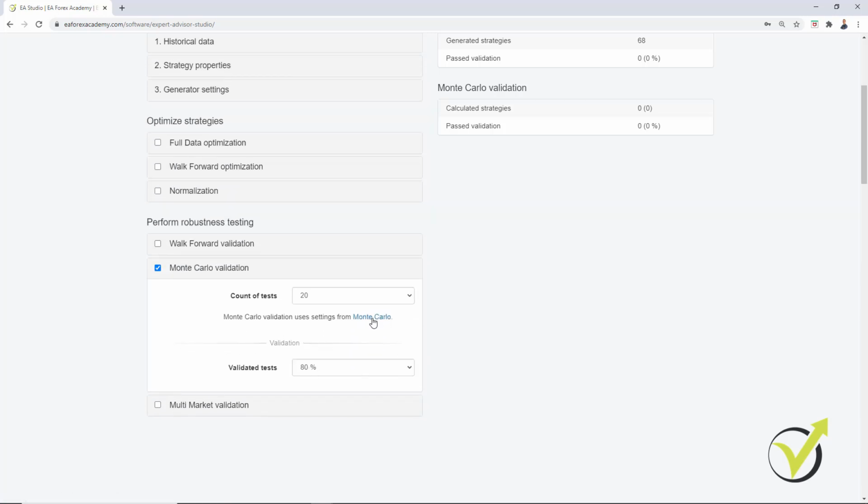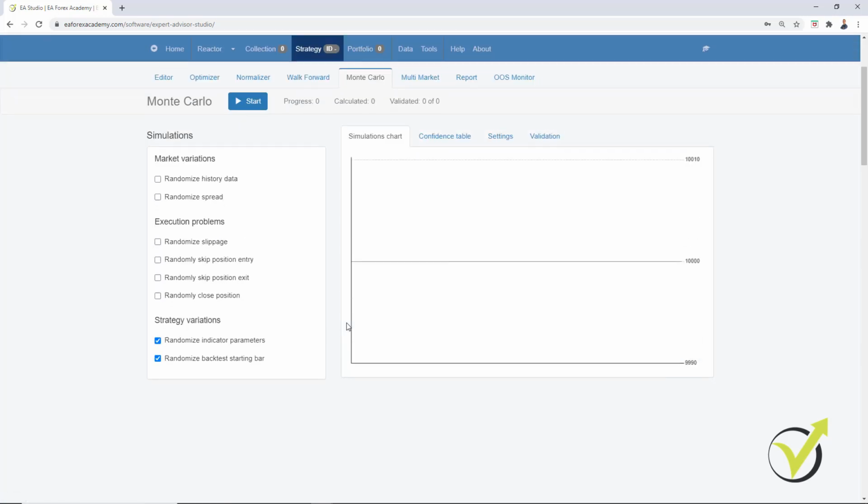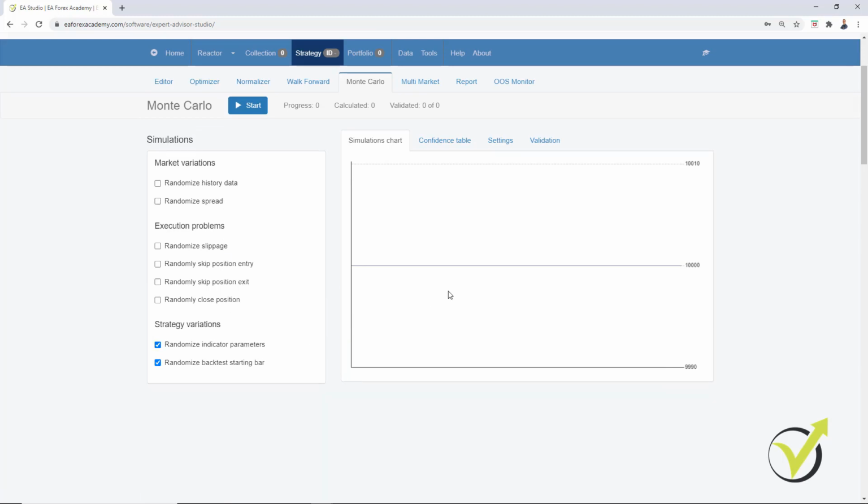What Monte Carlo does, in simple words, is perform a variety of tests. So it's a backtest, but it backtests the strategies with randomized indicator parameters. So for example, if we have MACD 12, 26, 9, it will check with 13, 26, 9, 14, 26, 9, or 12, 27, 9, or 12, 26, 10.